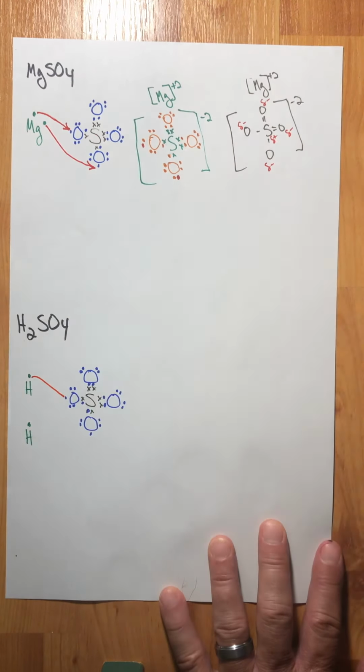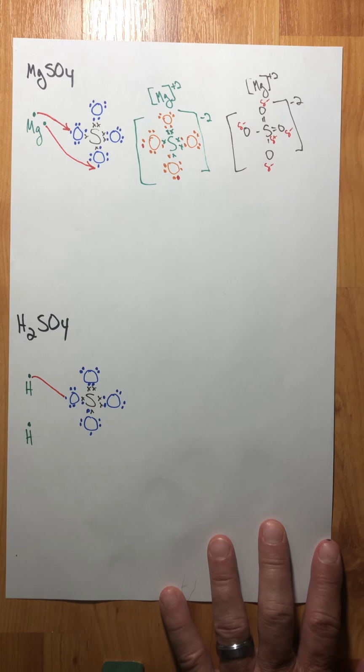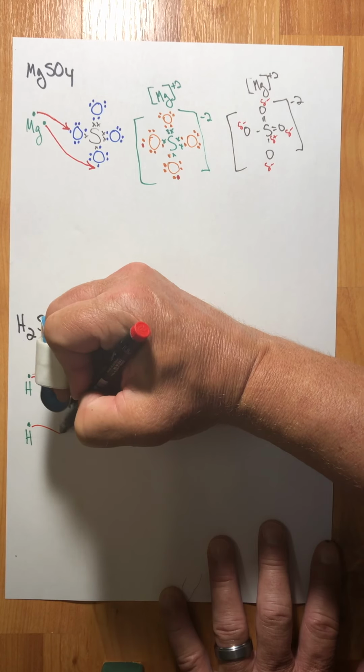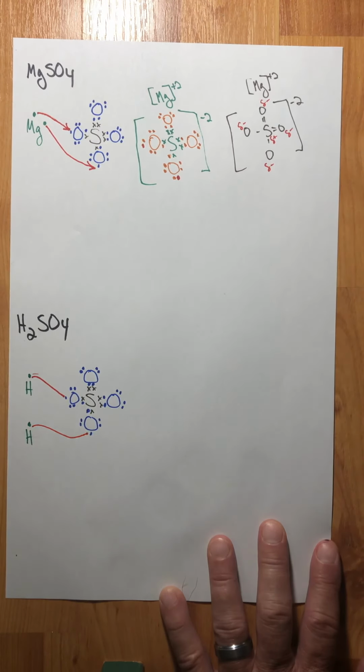Now you have to be careful. Hydrogen, even though it's on the metal side of the periodic table, hydrogen is a non-metal. So it's going to form a covalent bond. So I'm not showing an arrowhead here because they're actually going to join up. And then the same thing is going to happen here. Now, when I put this together,